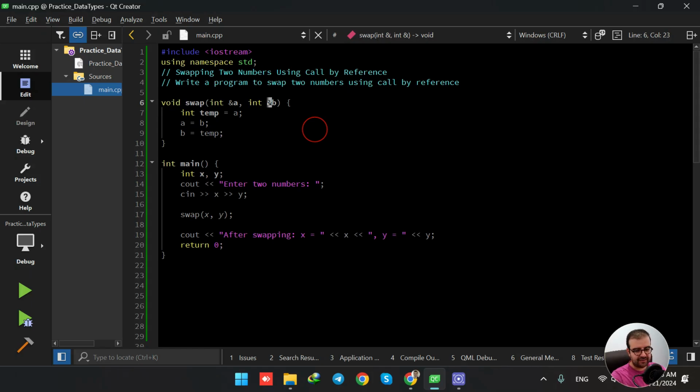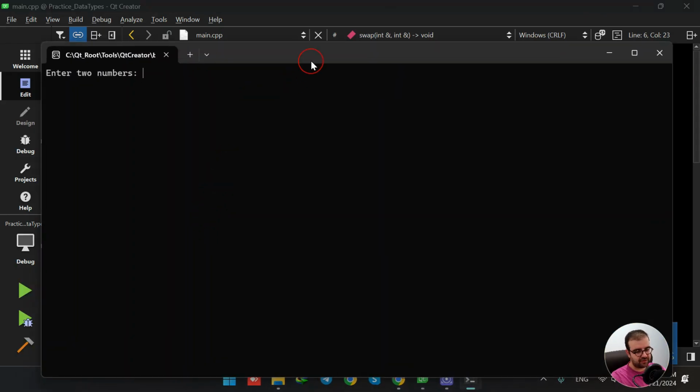sign. When we are having the and sign in the arguments of a function, it means that this function is going to have access to the reference of these two variables, meaning that it can directly find the address in which these two variables are stored in memory, so it can directly make some changes into the values of these two variables. So we call the swap function and passing x and y, and we would like to simply swap them. In order to swap them, let me first run the code, then we are going to dive into the